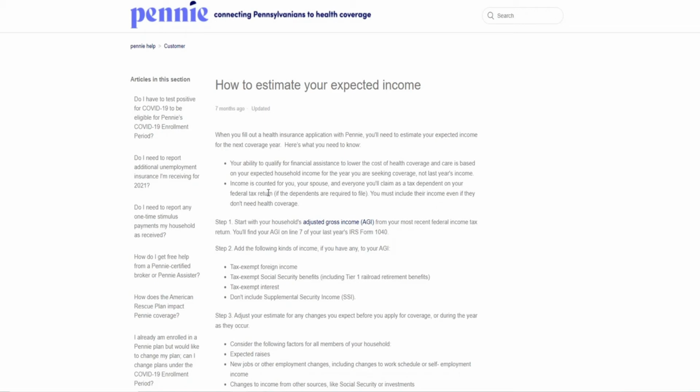Remember line 7. You must include their income even if they don't need health coverage. That goes back to even on the cost estimator, it asks who the members of the household are, what the income levels are, and who is seeking coverage. That's all something that, even through the comparison shopping tool, and most definitely through the application, we can make sure is covered.